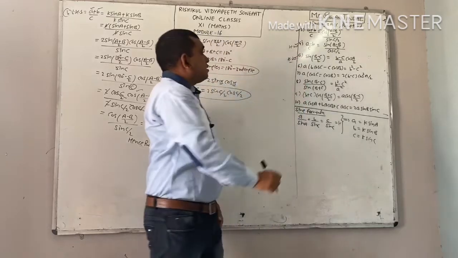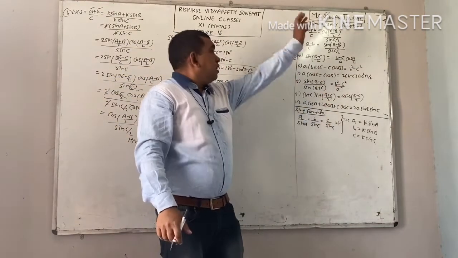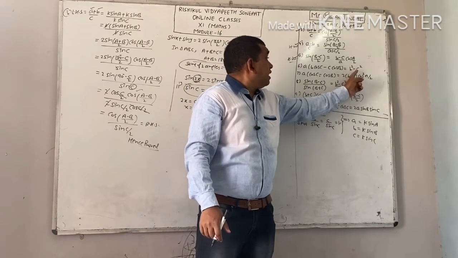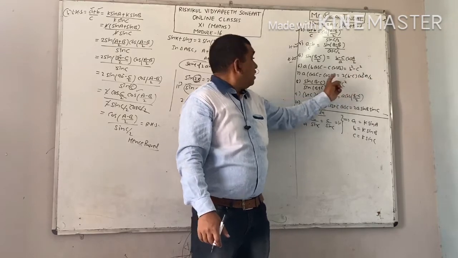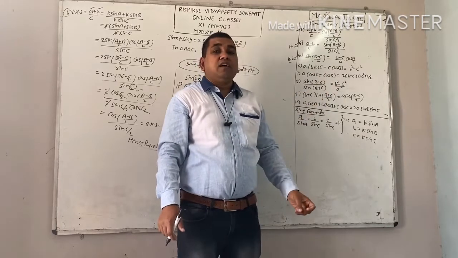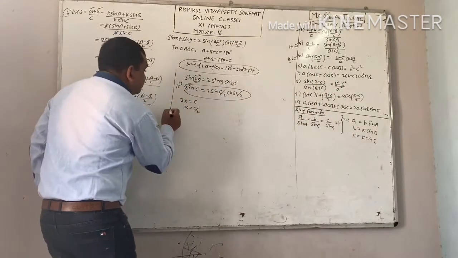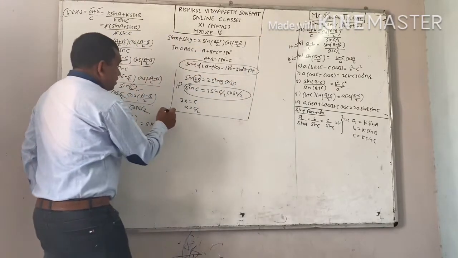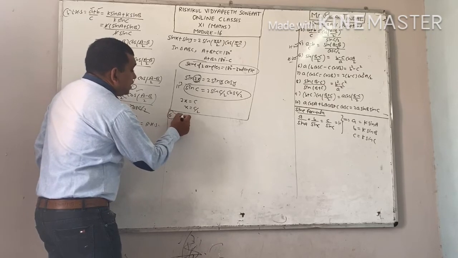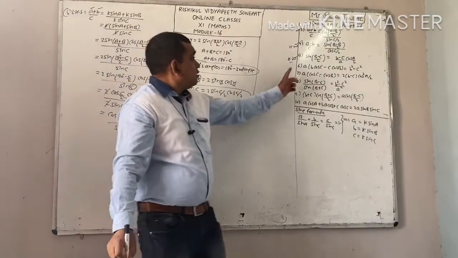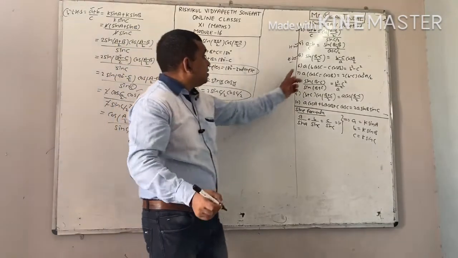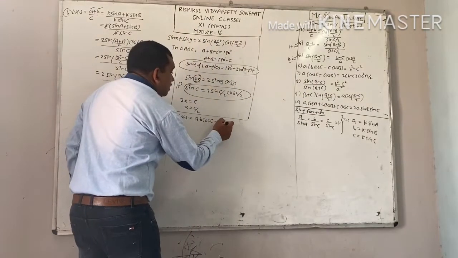Question number 6. In question number 6, you can see on the right hand side you require only b and c. Means we require the answer in the form of sides only. Therefore, you will put the values of cos B and cos C here, and you will get the answer. See how you will do this. Question number 6. Consider the left hand side. Open the bracket here. You will get AB cos C minus AC cos B.